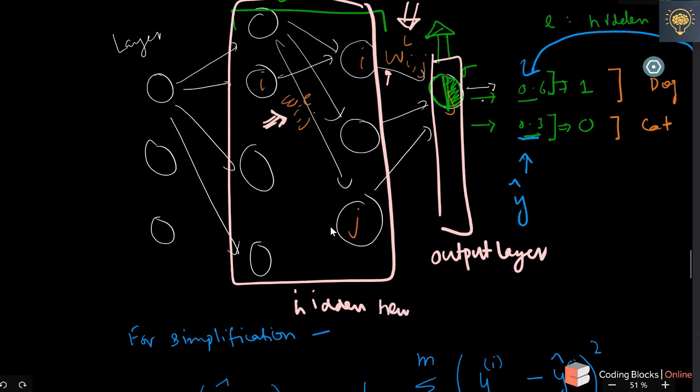Because output neurons are directly connected with the loss. So if you want to make some changes, if you find there should be some delta L, so I want to change my loss by delta L, then you can directly figure out what change I should make to these weights.